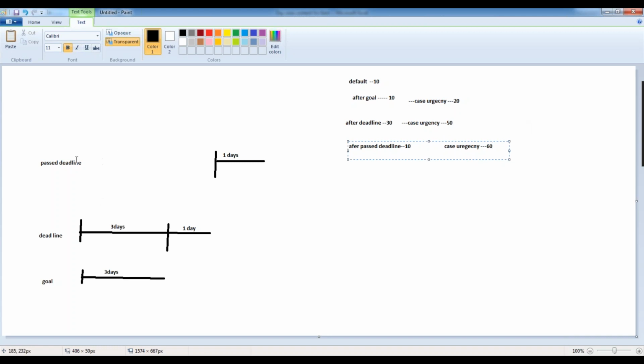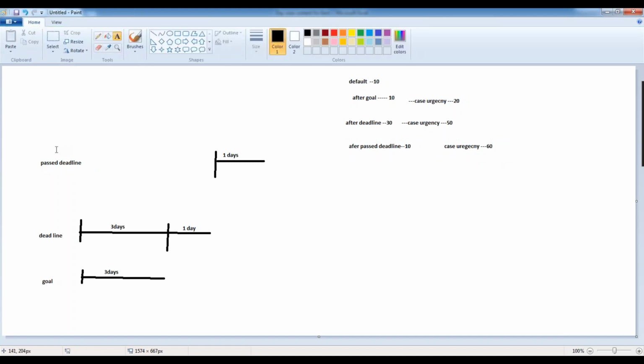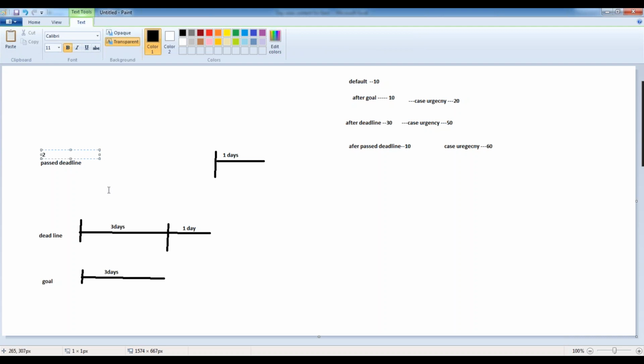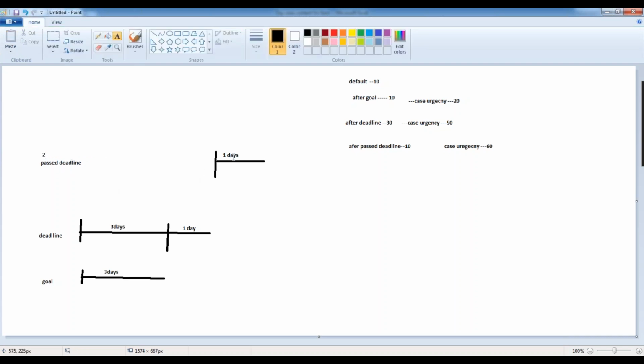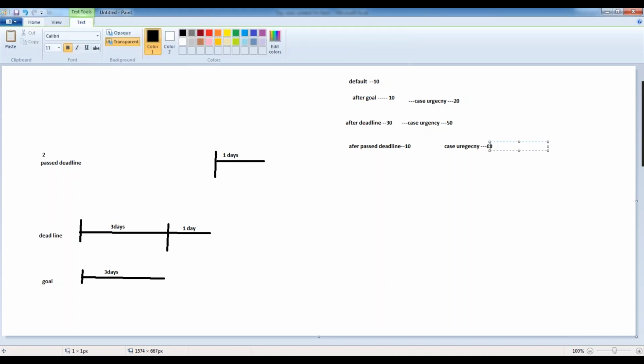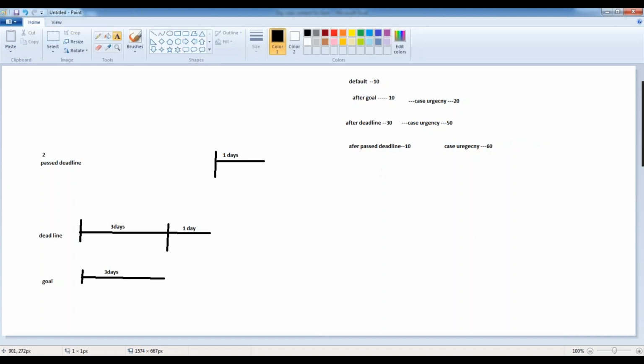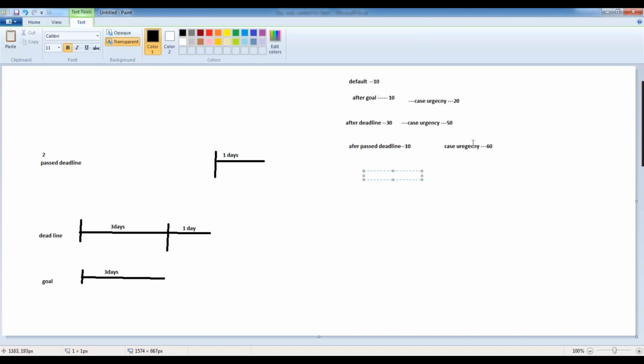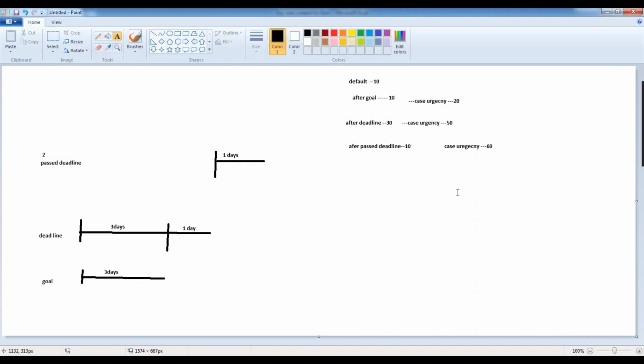The beauty of the pass deadline is that you can repeat it. For the first attempt I am giving 1 day, but I want to give 2 attempts. For the first attempt, 1 day is extended. If you are not able to complete, the urgency will be increased to 60. Again, for the second attempt, 1 day will be given. This is the number of attempts you want to make for the first deadline. So if you are not able to complete within 1 day the first time, 10 will be added. After the second day, if you are still not able to complete, one more 10 will be added. The urgency will then become 70.